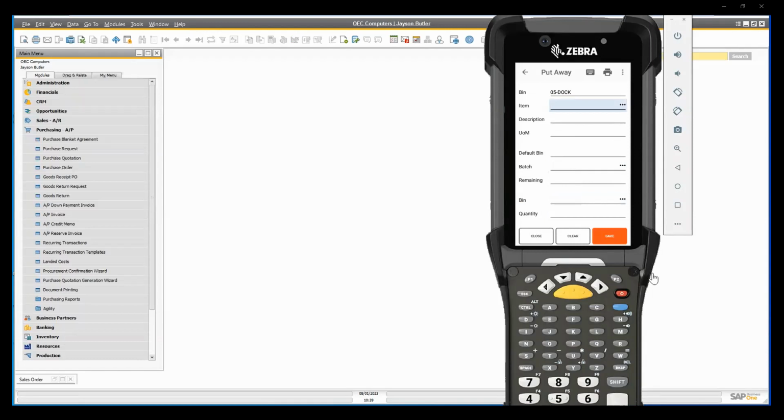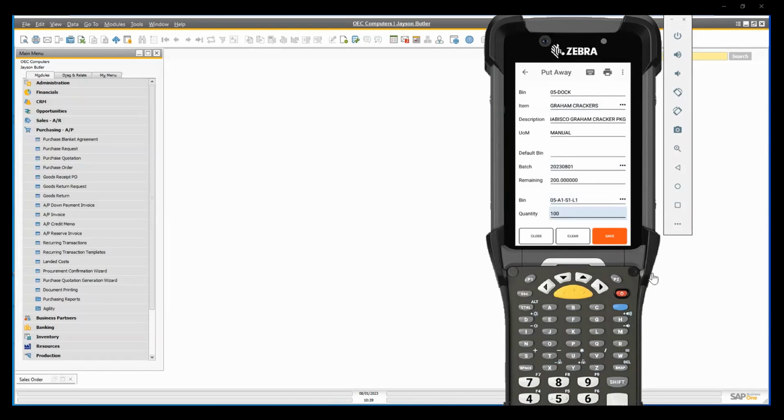Very easily done. Second item is the marshmallows. The same thing we're going to do. We're going to scan the batch because we've printed out the batch on the label. We're going to put those in an associated bin, and we're going to put those 1,000 away as well. And last item are graham crackers. And scan the batch. Scan the bin we're going to move those to, and we're going to put 1,000 of